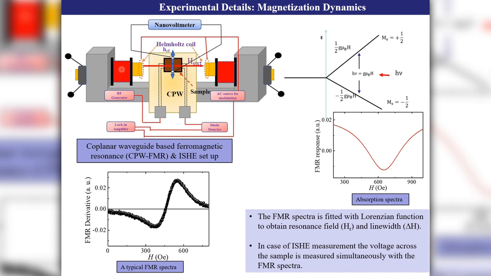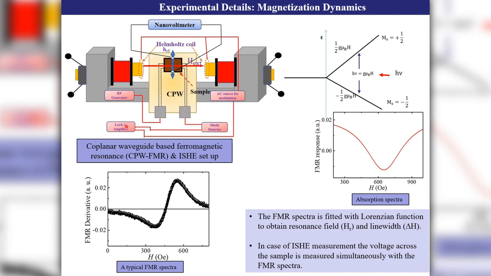Here, these Helmholtz coils maintain the magnetic field outside, and the coplanar waveguides are used for the traveling of coplanar waves, which perturb the thin films and spins of the samples, which get split into down to the energy levels due to their plus half and minus half spins, and when they come back to their original position after the precession, it gets passed again to the CPW and then to the diode